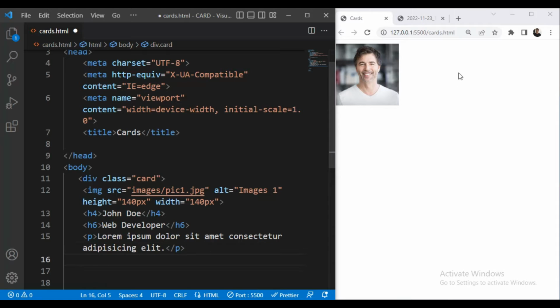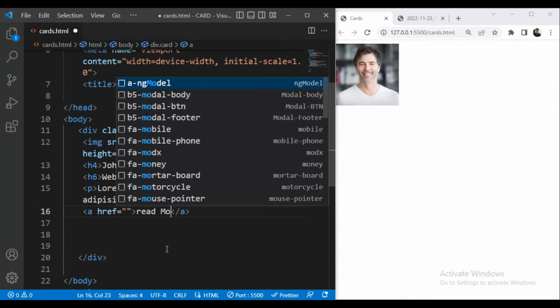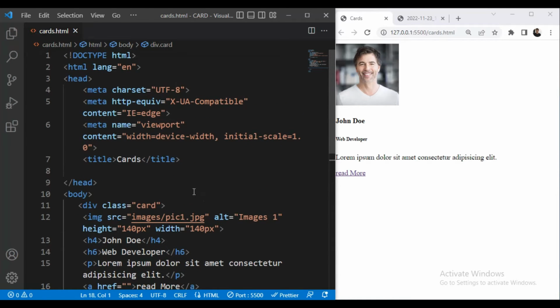Next we want a button, so we'll use the anchor tag for a link button, and here we'll add read more. So this is the text and all the content we need for our card.